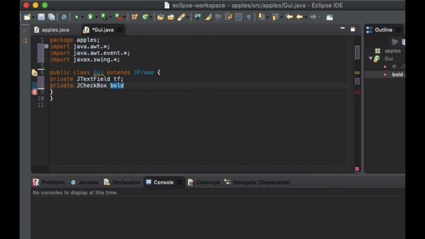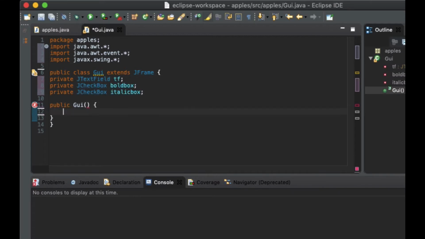It's going to take 2 tutorials, you will see this one in action in my next video, so bear with me. This one is just the beginning of the coding. And then the next one is private JCheckBox italicBox, and then the next one is I'm going to create a method called public GUI(), and inside the body I'm going to type super. This is our title, super, and then the title,